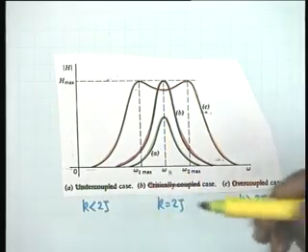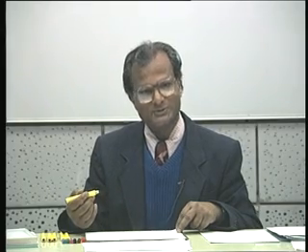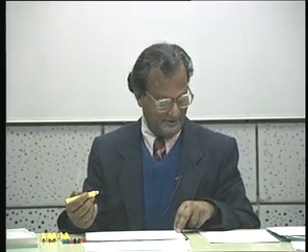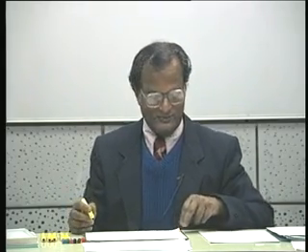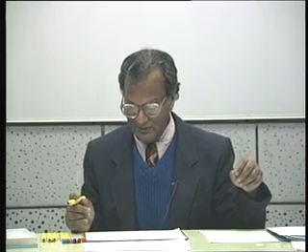There shall be only 2 half power points. And irrespective of the value of K, whether it's an undercoupled case or critically coupled case or overcoupled case, we shall have at least 2 half power points. And if we have 2 half power points, naturally we can determine the bandwidth. So for the overcoupled case there can be 4 half power points.